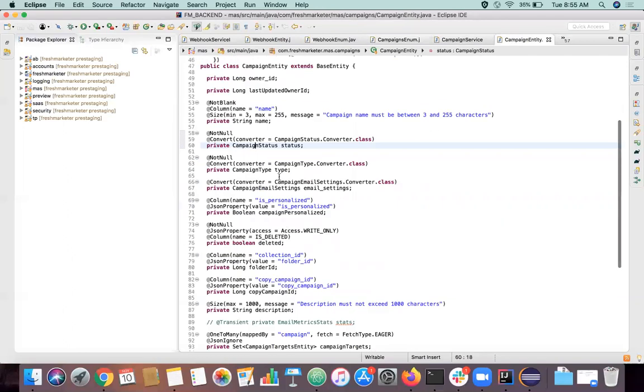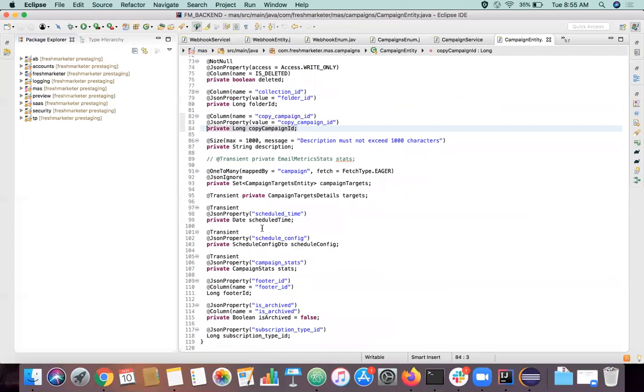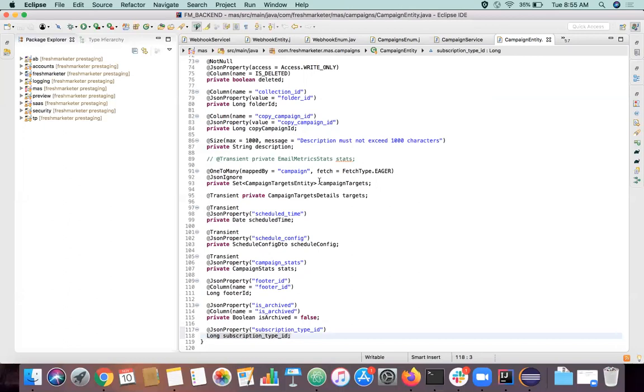And we declared some campaign type. We have some boolean variable, and again a boolean variable. We have a long folder ID, a long campaign ID, and a date variable here. Folder ID and is archived, we are defaulting to false. And again we have a long subscription ID. For this particular thing to work, we have created a class and declared everything private. There is no use, right? External class cannot go and access this. But there is something happening here at runtime. What will happen?